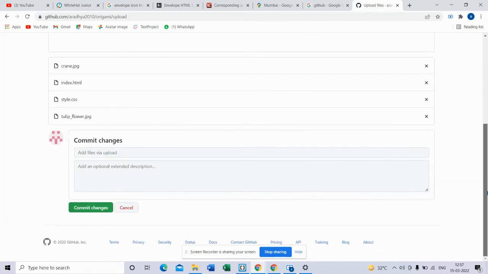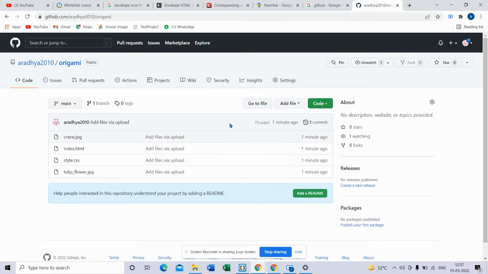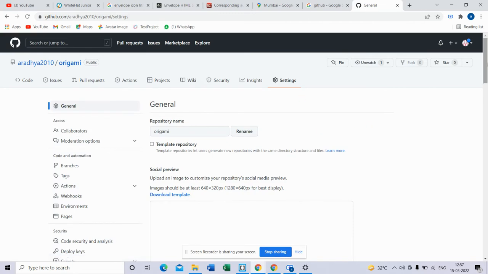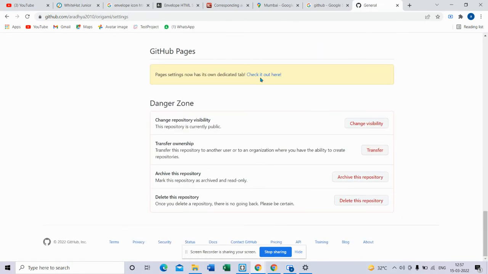Now I have to scroll down and click on commit changes, processing your files. So this is done. Then you'll click on the Settings button. Then you'll go down to the end of this page, and then you will click on this "Check it out here" button,